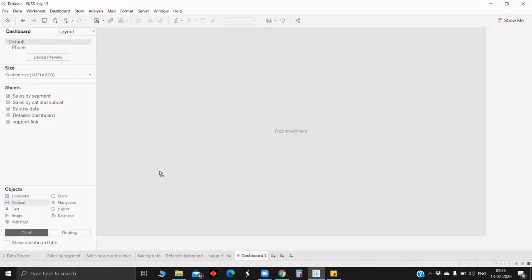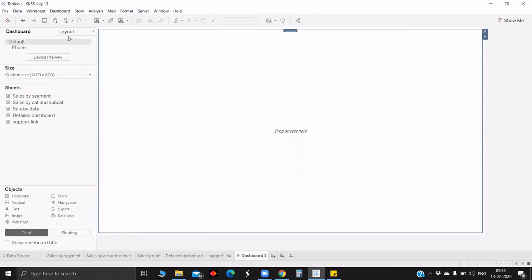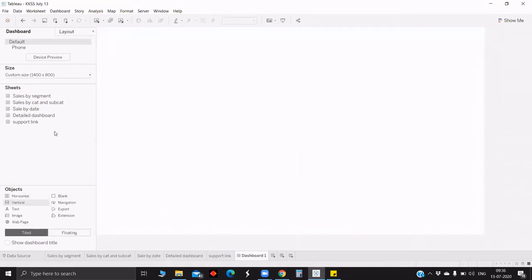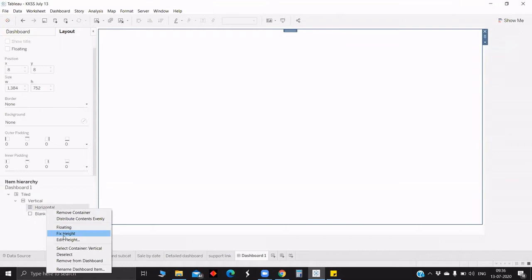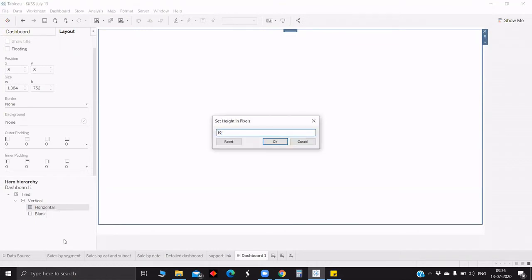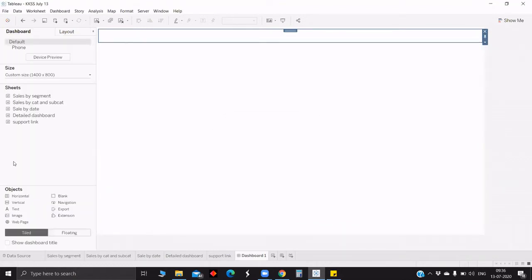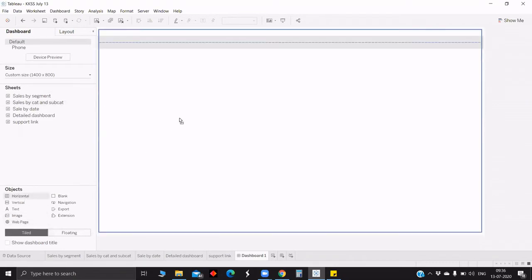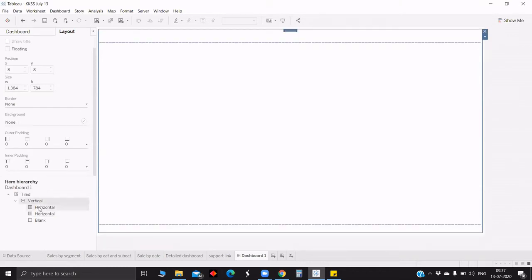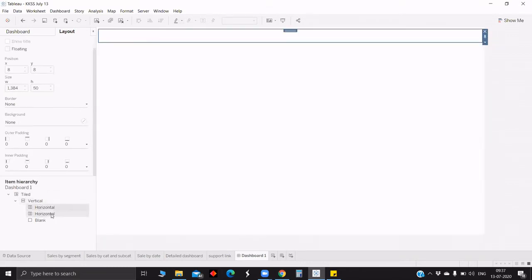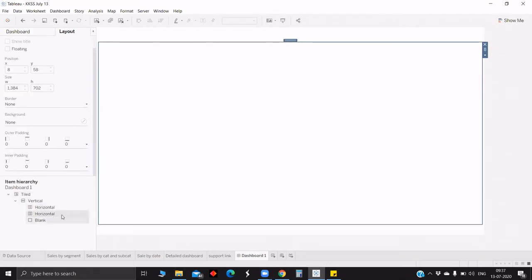Yeah, thank you. First we are pulling the vertical, and now we'll put a blank, and again if we pull horizontal, in layout horizontal we will edit the height. Now this will be like a title block for this sheet. Now we will again pull horizontal and next. You can see first there is a vertical, and inside that there is a horizontal at the top, and next again we have a horizontal and in that there is a blank.